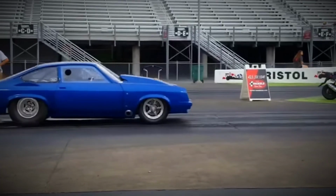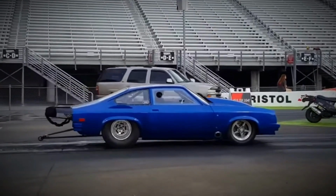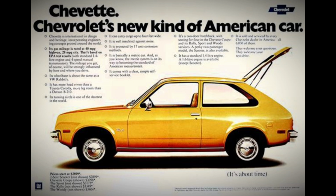In the 1970s, Chevrolet promised the American public a revolution in affordable, fuel-efficient compact cars. That promise came in the form of the Chevrolet Vega, sleek, stylish, and seemingly perfect for a generation facing gas crises and tightening budgets. But behind the flashy marketing and initial excitement lurked one of the biggest disappointments in automotive